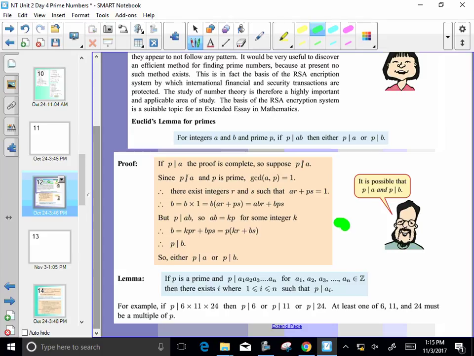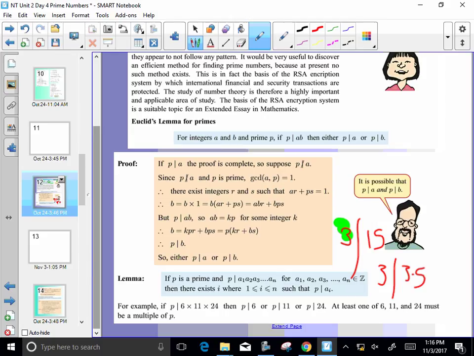Could they both be? I said that wrong. Either p divides a or p divides b. So let's say 3 divides 15. If 3 divides 15, 3 divides 3 times 5, okay? So for integers a and b and prime p, if p divides 3 and 5,